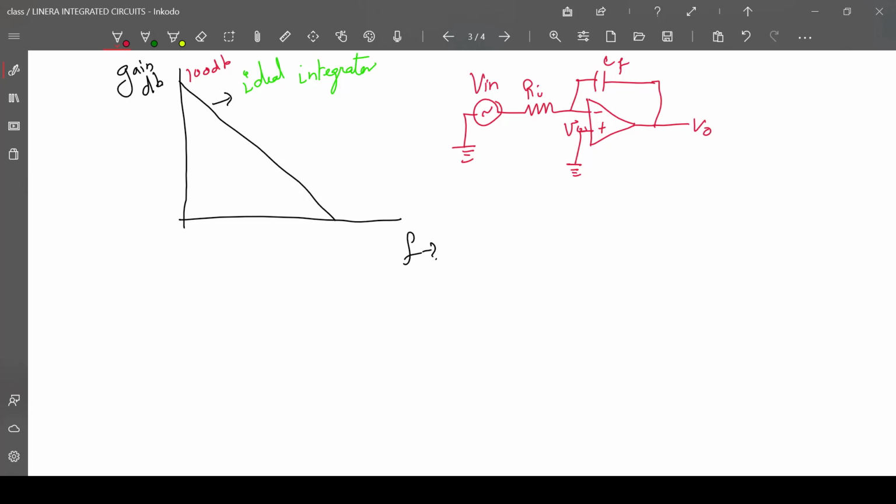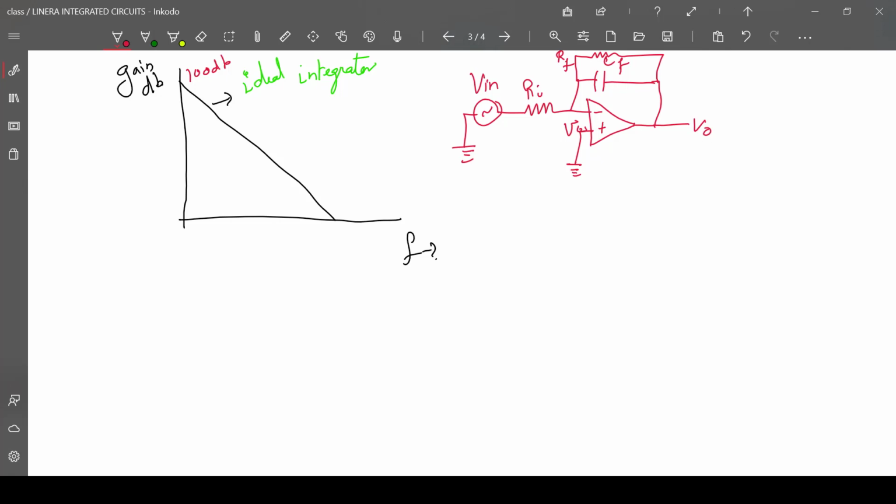In order to reduce the input offset voltage in a practical op-amp, we go for a parallel feedback resistance with the capacitor to avoid the saturation effect. So what we are planning is to put an additional feedback resistance in parallel with the feedback capacitance, so that it could avoid the saturation effect happening in the integrator circuit.